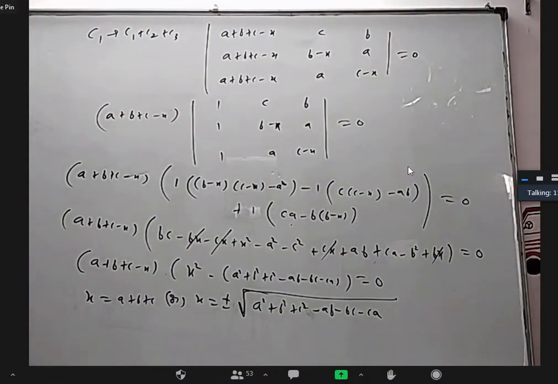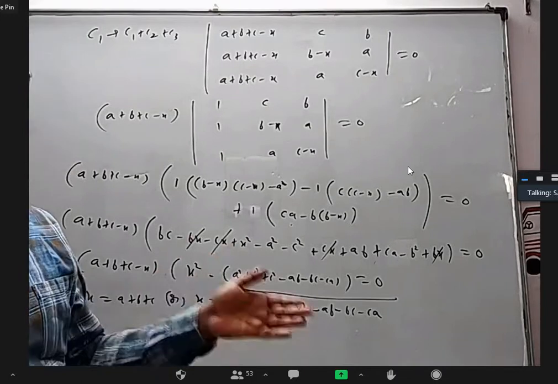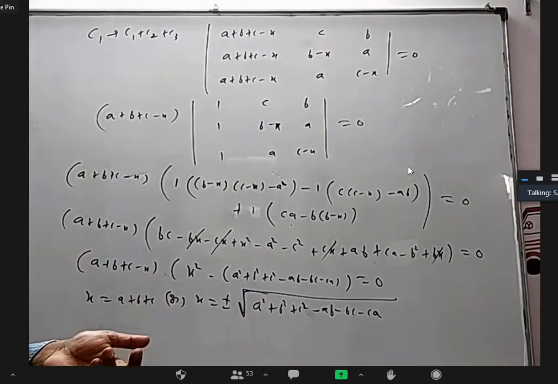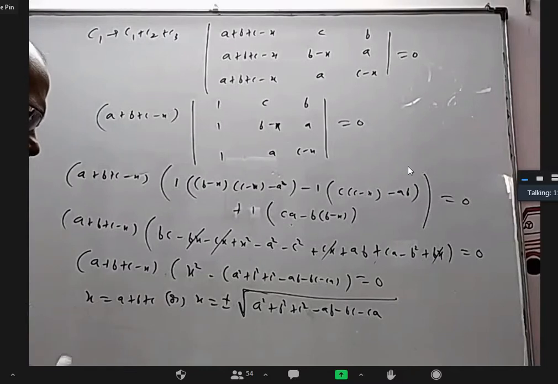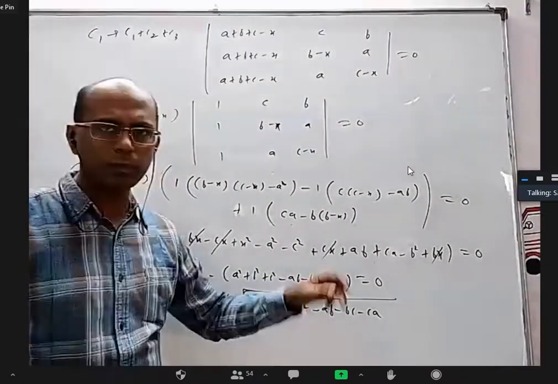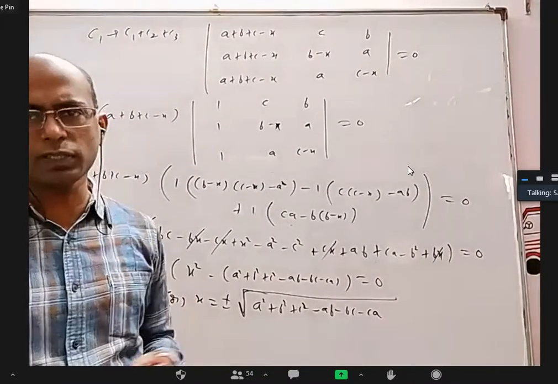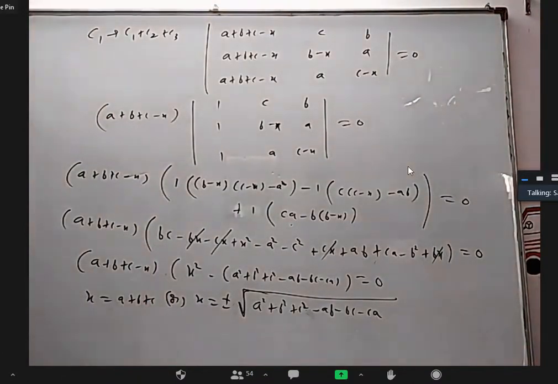Sir, if a plus b plus c is equal to 0, one formula is there, no, sir? Yes, a cube plus b cube plus c cube minus 3abc is equal to a square plus b square plus c square into something. Yeah, that is there, but you can write using that a cube plus b cube plus c cube minus 3abc is 0. That's all. But I think here there's no use of that. Okay, sir. Sir, half a minus b whole square. Okay, basically I want you to eliminate ab plus bc plus ca and write it in terms of a square plus b square plus c square using a plus b plus c equal to 0, right? Yes, sir.